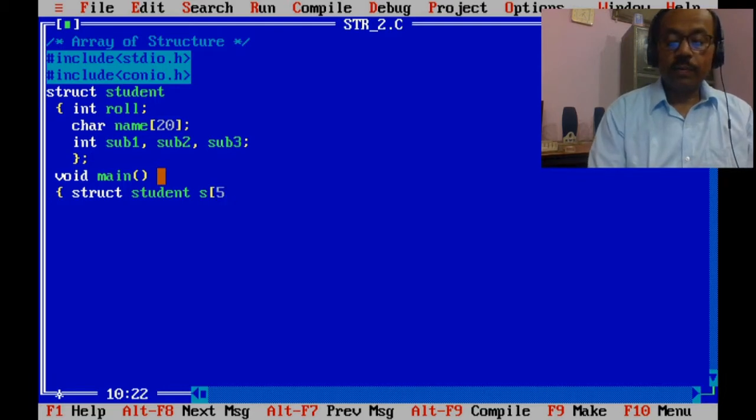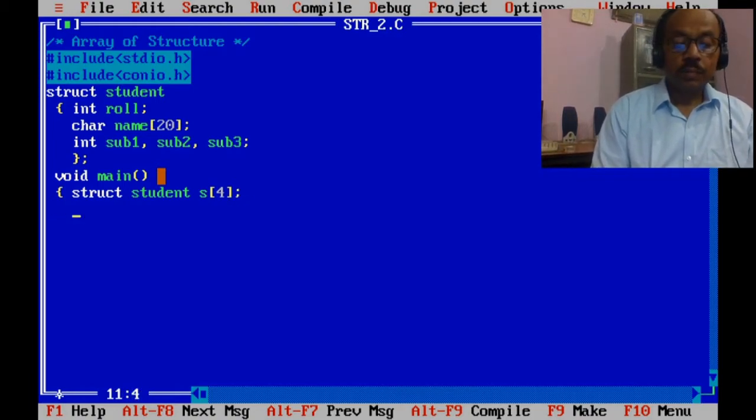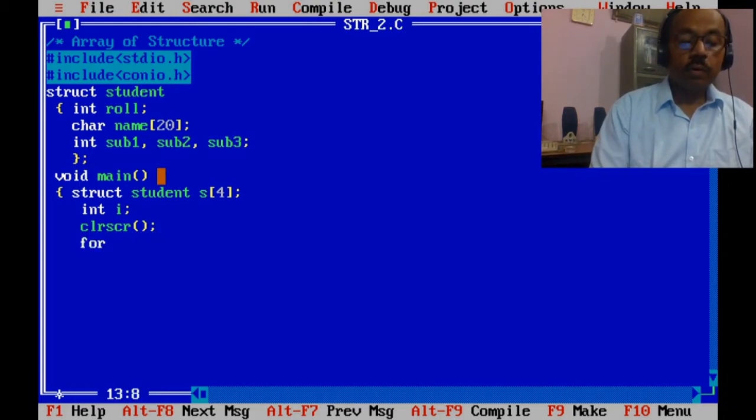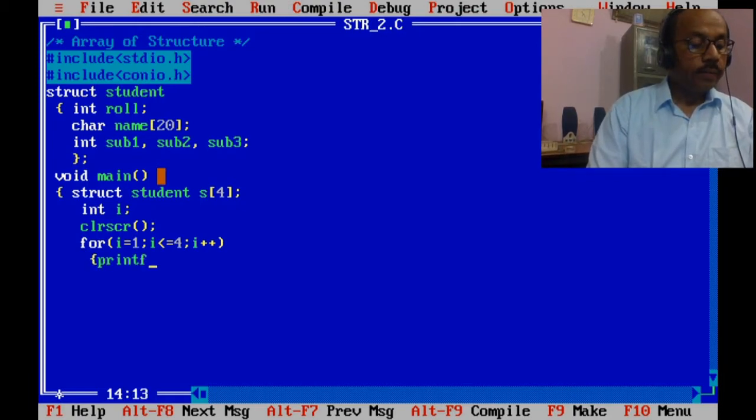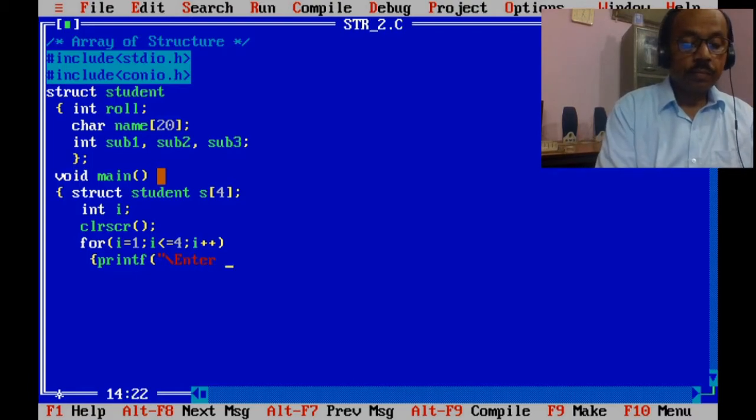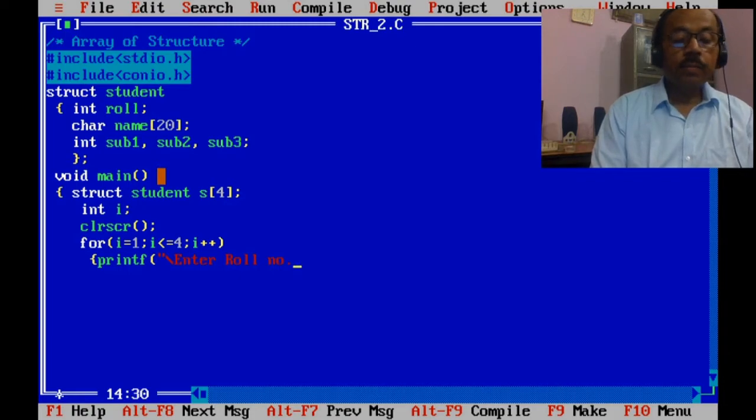Let's take 5 elements or 4 elements, 4 only. int i. for i is equal to 1, i less than equal to 4, i plus plus. printf enter roll number.